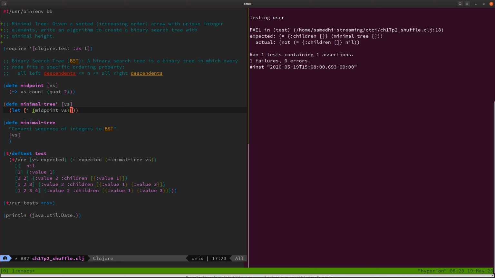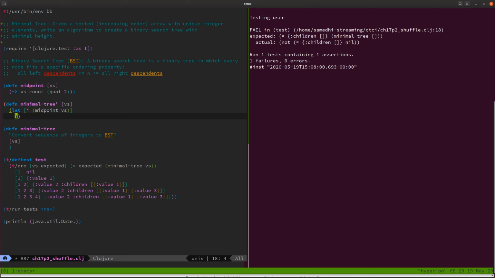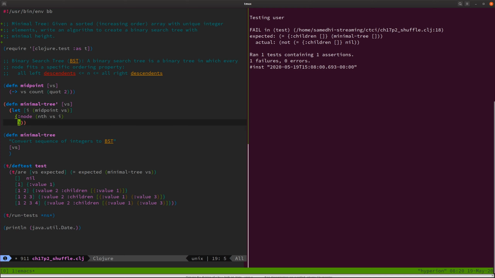Midpoint of VS, okay. And then what we're going to do is just recursively define the node: node is equal to nth of VS I. Children, we'll see this in a second here, but I guess there's a distinction between when you have children and when you don't. And you should only not have children if